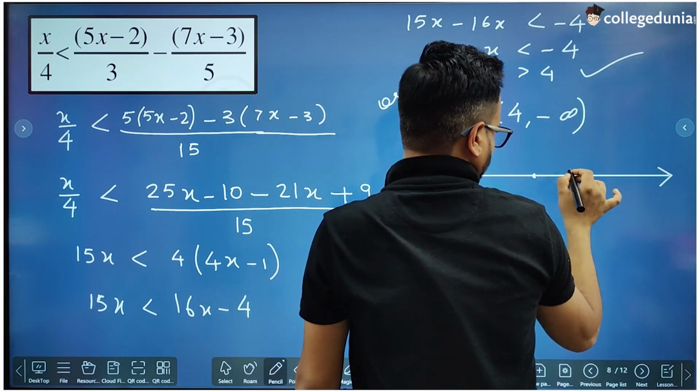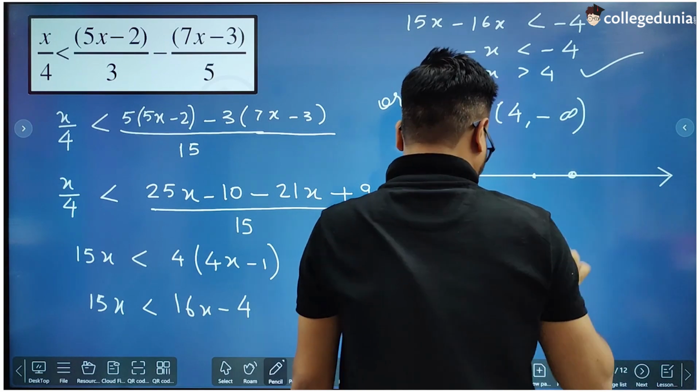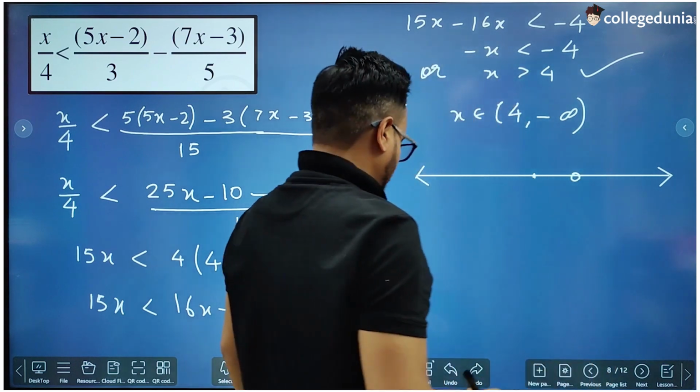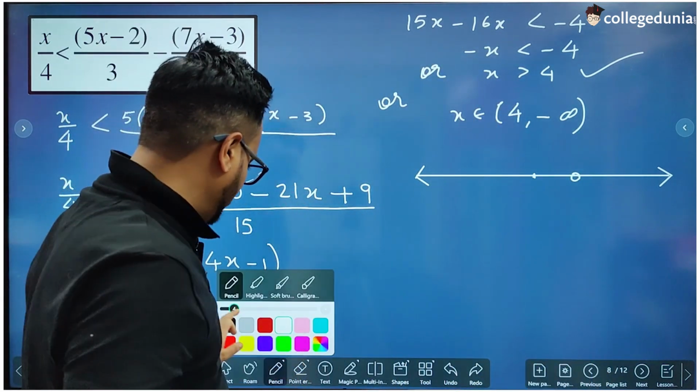This is 0, so somewhere here there will be 4, and we will draw an open circle on the number line at x equal to 4,